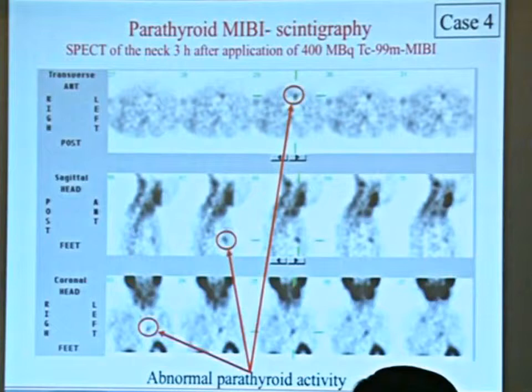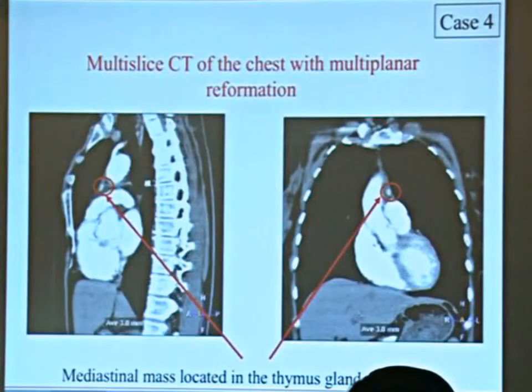We knew that there had been an operation with a probable partial resection of some of the parathyroids, and now a very indirect hint to mediastinal pathology. And the CAT scan again showed such a small lesion, which now seems to be a little bit more clear, but